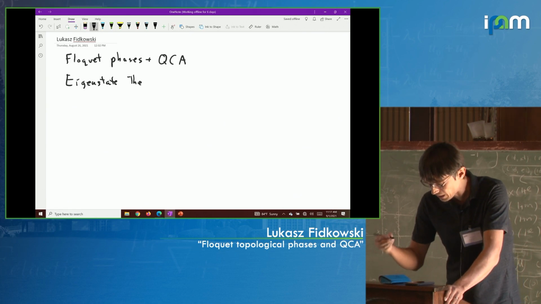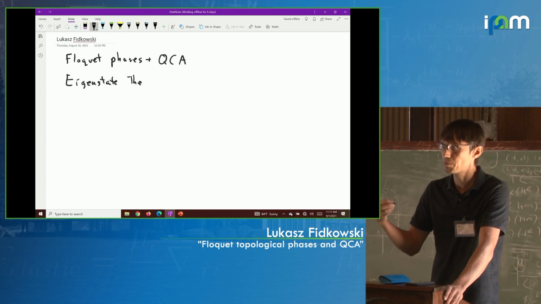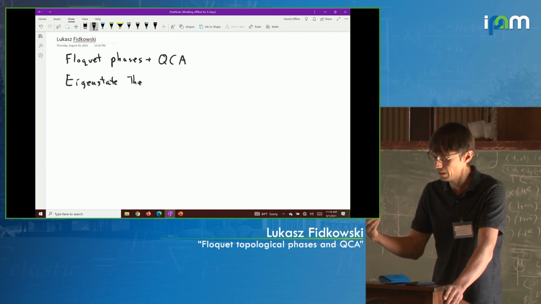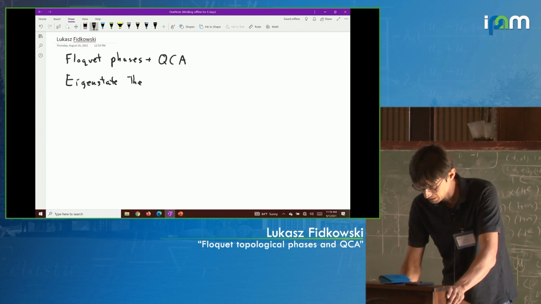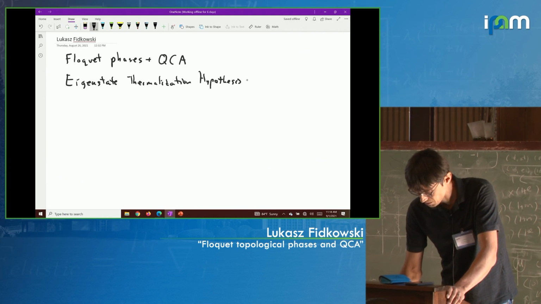Or it should really be called the Eigenstate Thermalization Property. It's a property that a lot of systems have. It's a property that most systems have. It's a property that's very hard to evade. But if you can evade it, then you can get around some of these problems, heating problems. Okay, so this is ETH, abbreviated ETH.